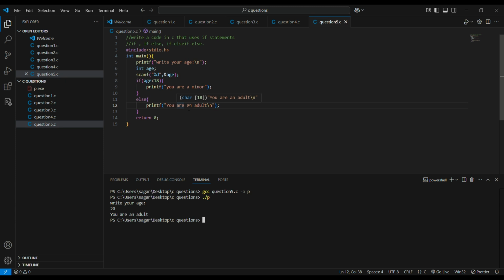Say we add one more statement, an else if statement. Else if age is... this operator is called the comparing operator, and if we give only one equal to sign, then it is called the assigning operator. Like when we declare a variable and give its value, we use the assigning operator. But when we compare values, we give two equal to signs. So let's say if age equal to 18, then print